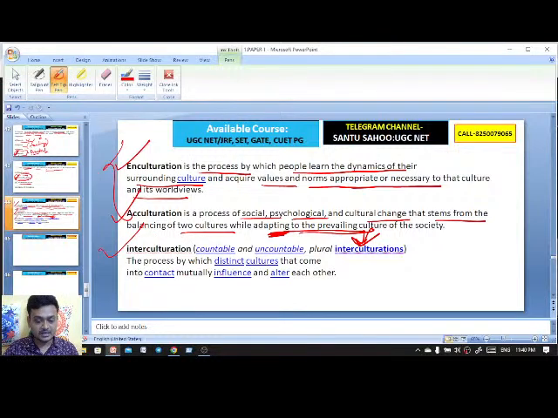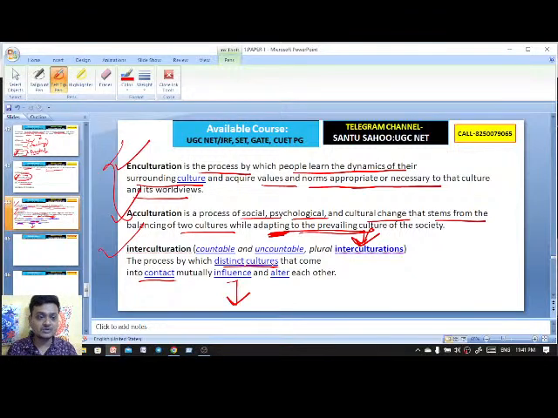Interculturation is the process by which distinct cultures that come into contact mutually influence and alter each other. एक दूसरे को influence कर रहा है और एक दूसरे change हो रहा है, alter each other. That is interculturation. They came into contact, they influence each other, and they change each other, alter each other as well. That is interculturation.